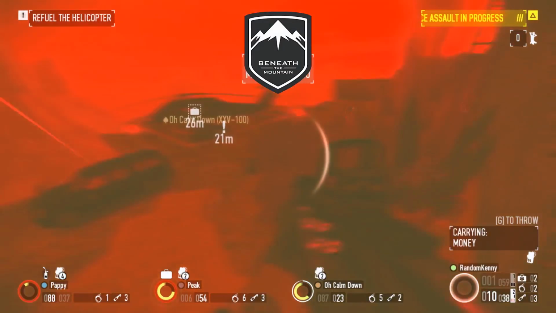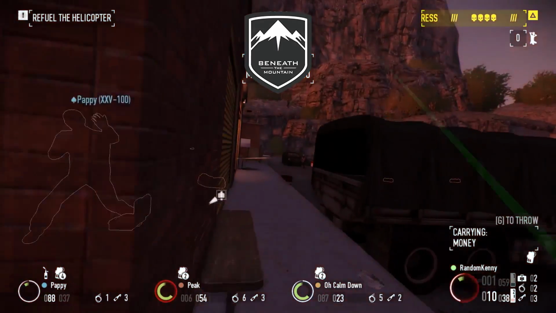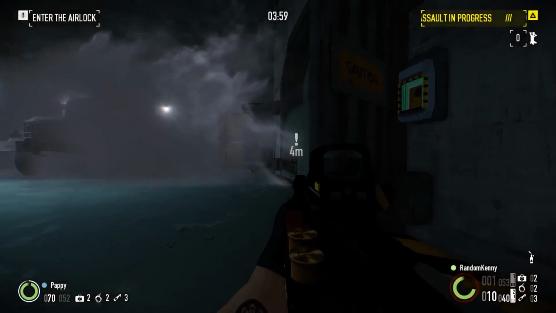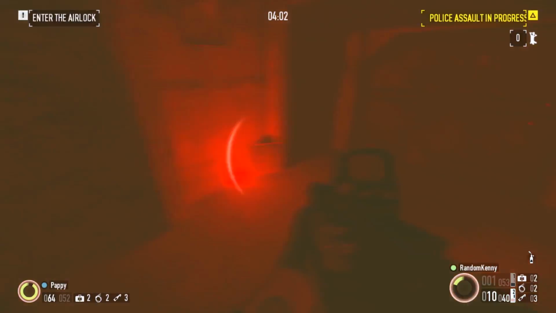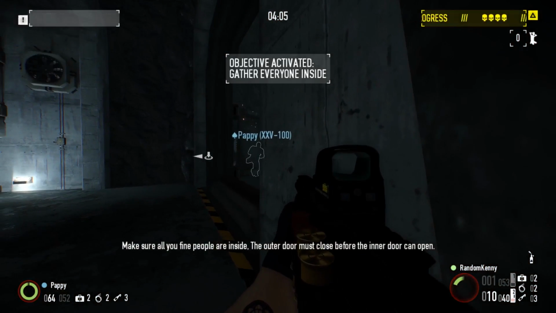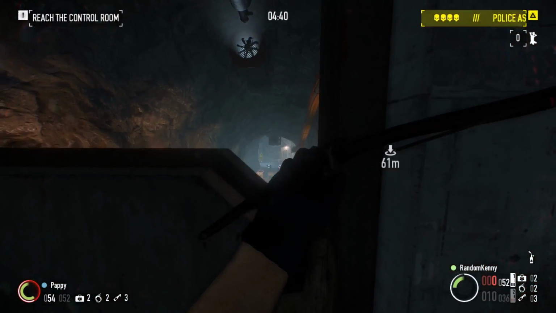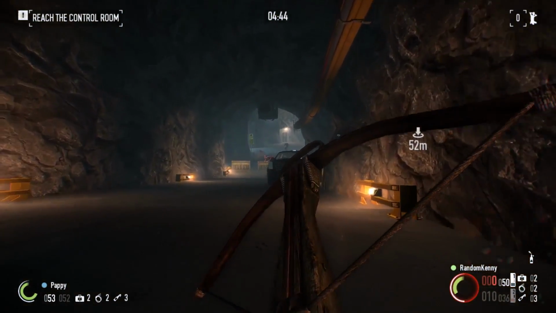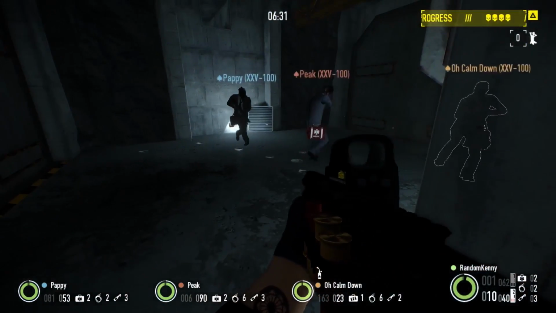So, talking about the game engine limitations, Beneath the Mountain does some tricky things to cope with it. Going into the main operations section, all the players have to enter an airlock. This is most likely because they are despawning enemies from the first part of the map and spawning them in the second part of the map. It's a very clever way to cope with the limitations of the engine,